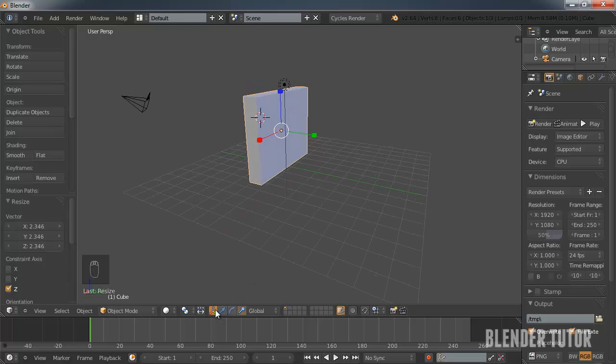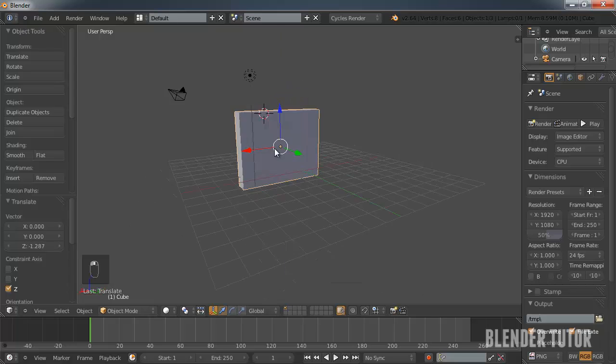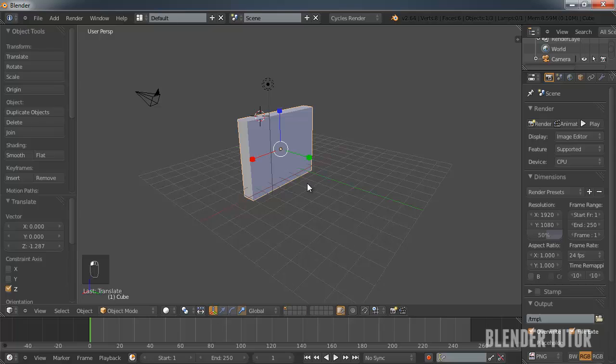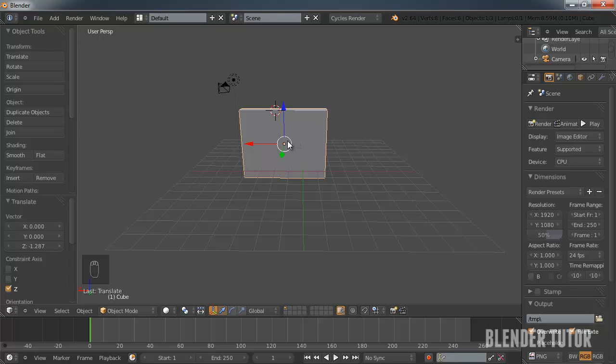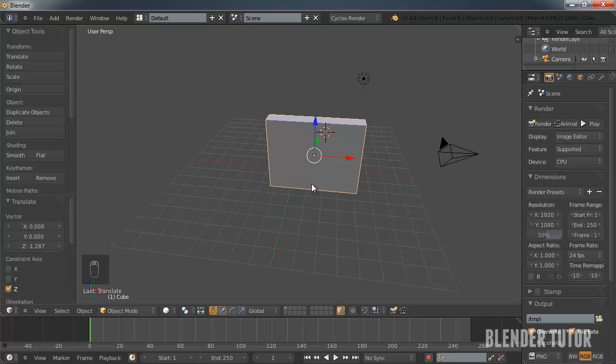Now, to me, I actually never use these, because they just feel slow and kind of pointless. You could even turn them off if you don't use them. I usually keep it on just for reference of which way the scene is, where the X and Y axis are, but aside from that, I use keyboard shortcuts to do all my manipulation of my 3D objects. And I would recommend, once again, learning your keyboard shortcuts, because it's going to speed up your work so much and make it easier for everyone.